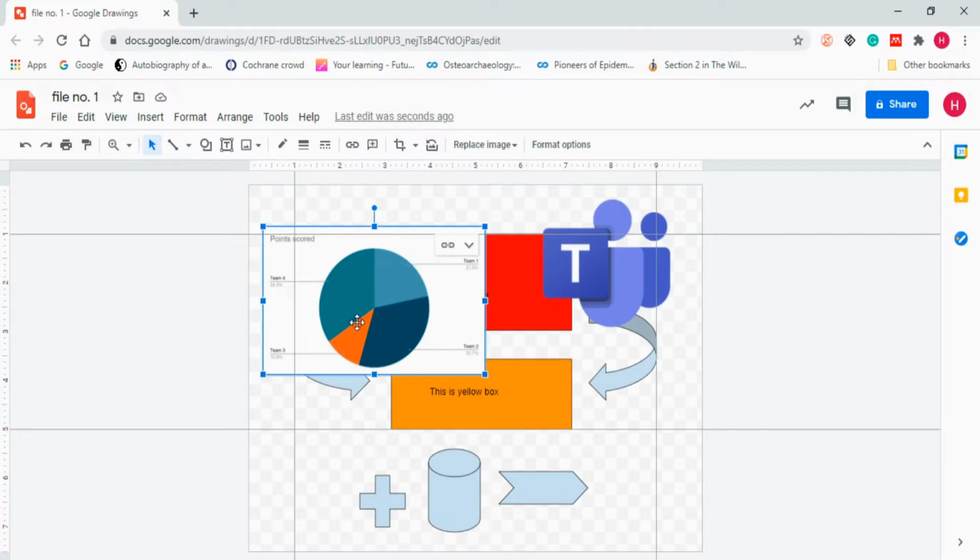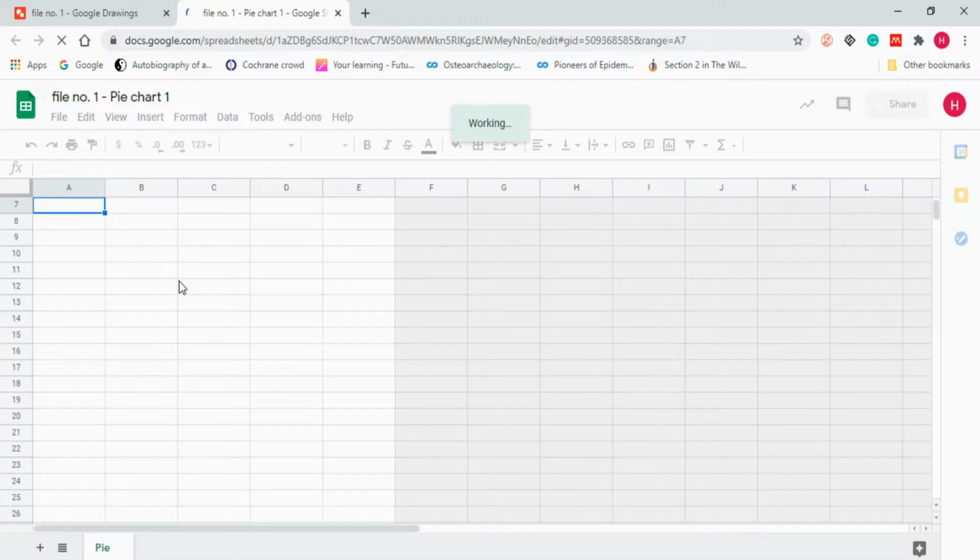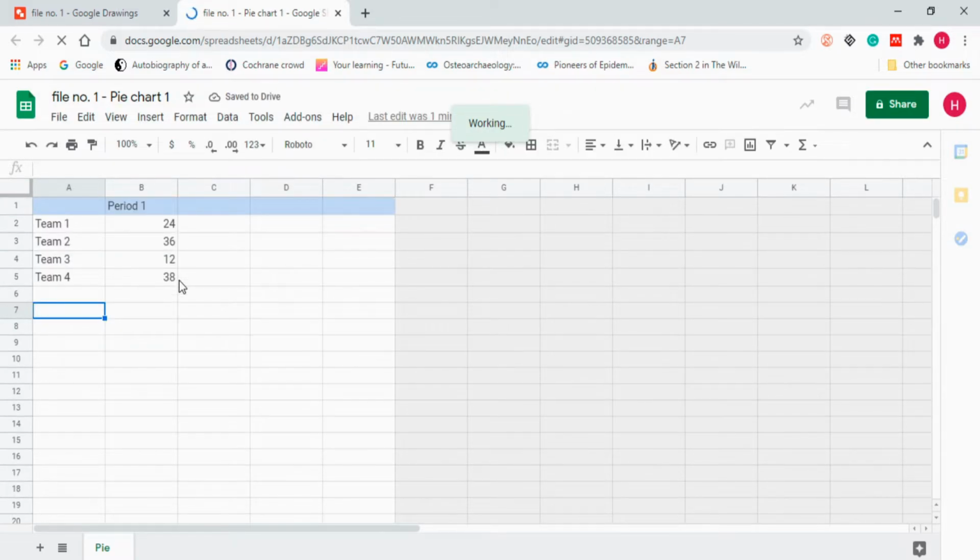So when you make a pie chart, you have to give a general description, certain numbers, frequencies to make a pie chart. If you want to make changes within this pie chart, how can you do that? How can you open the linked sheet? So you have to go to this linked chart option, click in here, and you will see open source. When you click on it, a new tab will open up, which is actually a Google Sheet. In here, you will see team 1, team 2, team 3, team 4. In here, you will see the frequency. You can change them, and you will be able to see that it will be changed in your Google Drawing as well, because this is actually linked.